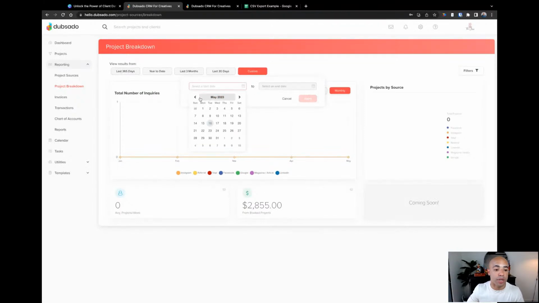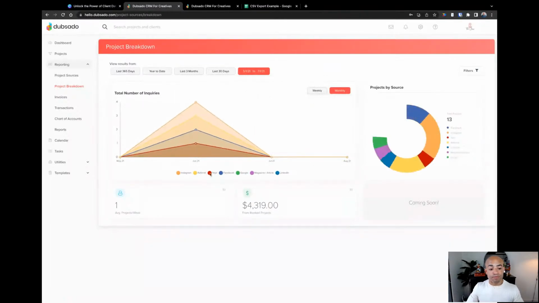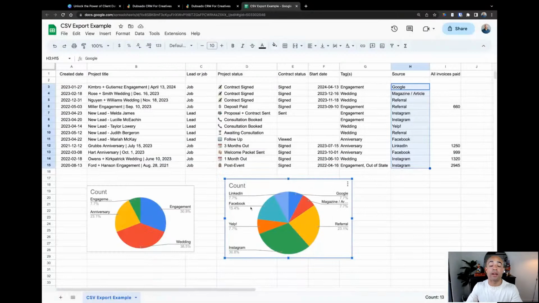Just to give you an example here, I'll go back to where these were first created. So let me dive in here and update the dates on this just so you can see what it looks like. We'll do July 1. So this will also give you the same idea of where you're getting your traffic from as well. You can use this if you want to, or if you want to do the CSV export, so it's all on one sheet, you can do that as well.